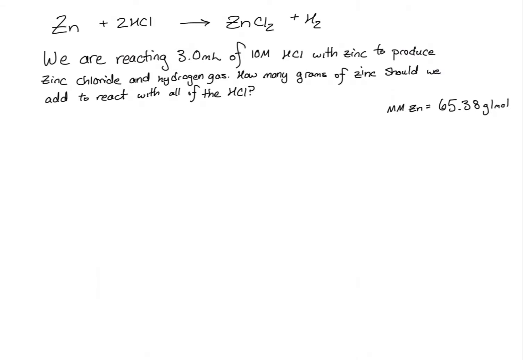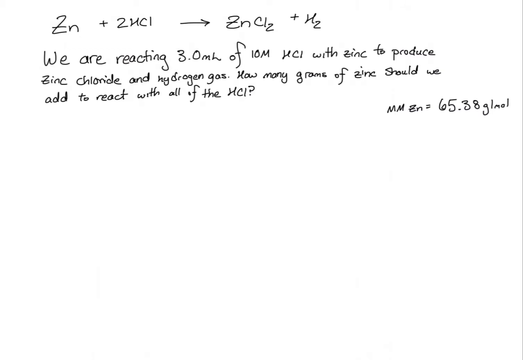I'm Sarah, and today we're going to be doing some stoichiometry problems with quantities that we measure in molarities. So we're reacting 3 milliliters of 10 molar hydrochloric acid with zinc. We're going to produce zinc chloride and hydrogen gas. If we want to consume all of the hydrochloric acid in our reaction, how many grams of zinc should we